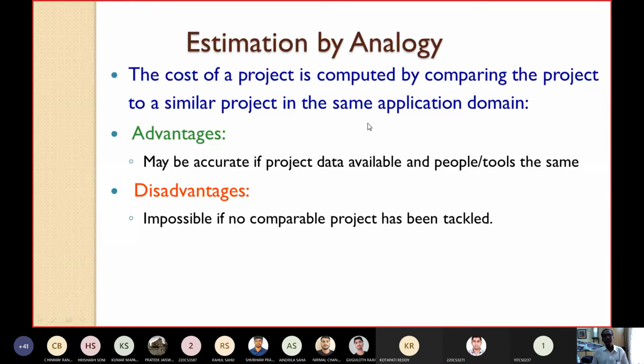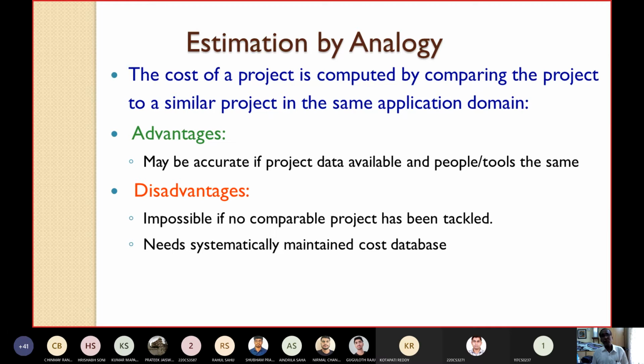What is the disadvantage? It is impossible if no comparable project has been tackled. If in your previous days no similar project has been handled, obviously how can you make the analogy, because there is no similar project. Another drawback is that it needs a systematically maintained cost database.